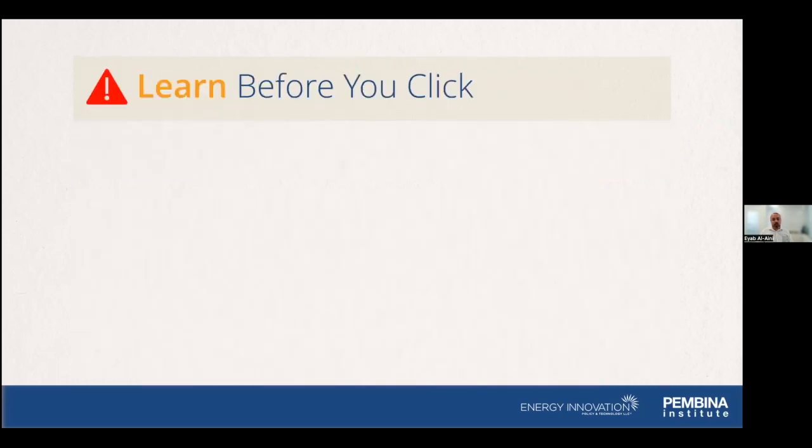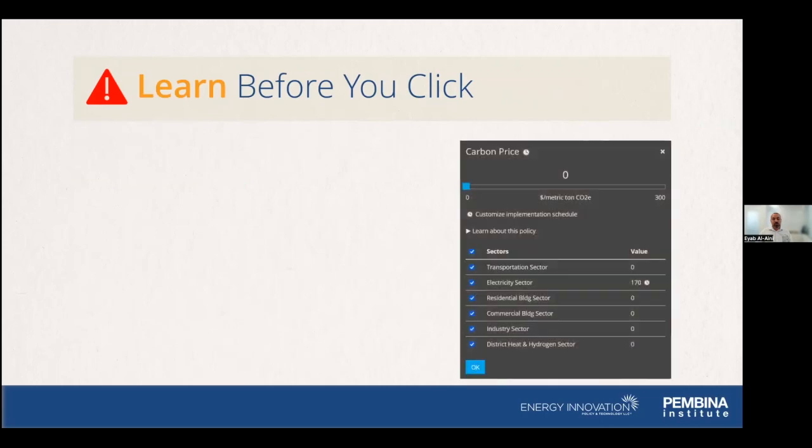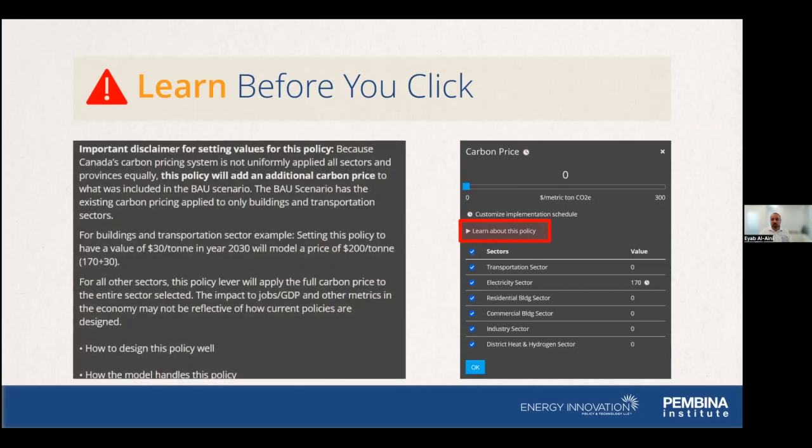One warning I'd like to make sure that people know about is, as you look at the options to change the policy, make sure that you click on where it says guidance for this policy. I'll use this example of carbon pricing. Because the EPS tool is a national model, it does not do a bottoms-up modeling of all the different ways that carbon pricing is implemented in different provinces. So the way it's modeled is a simplified carbon price approach, where we've made some simplification on how the carbon pricing is